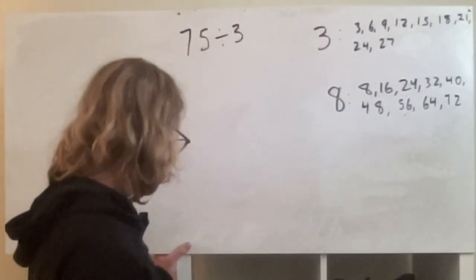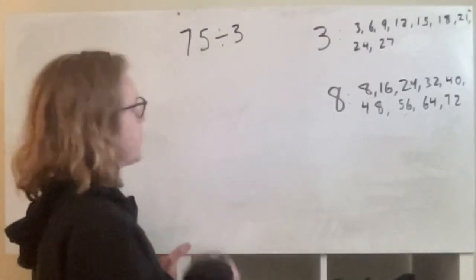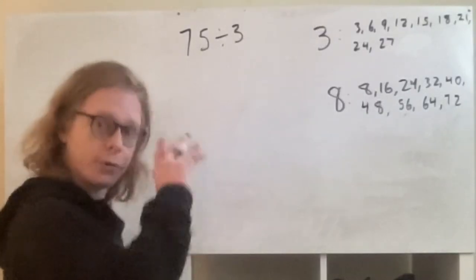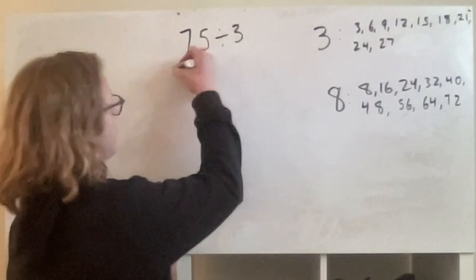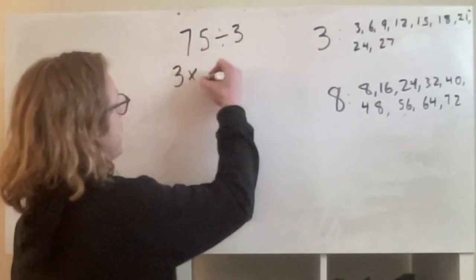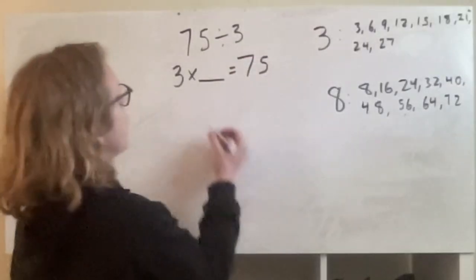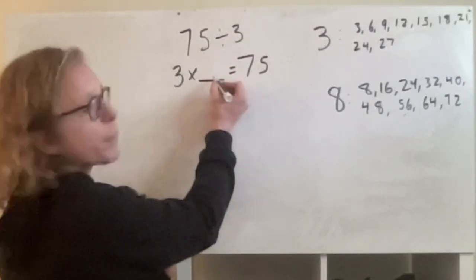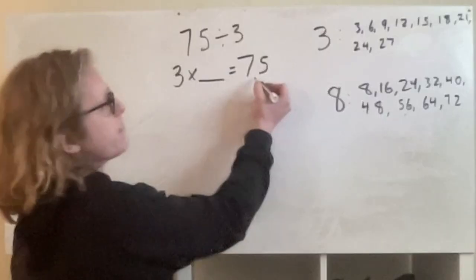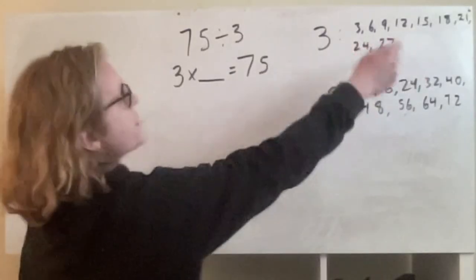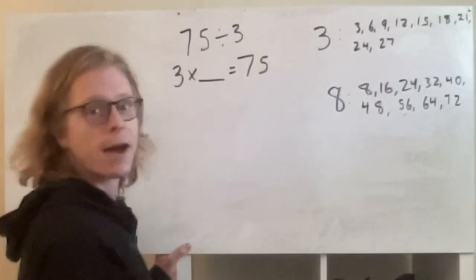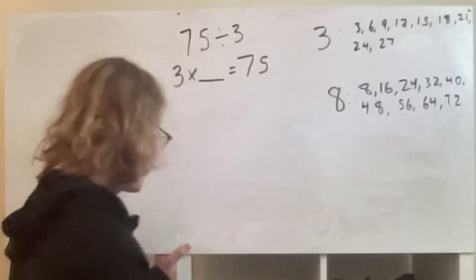Okay? Now, in the last video about division, I talked about how when we're doing division in our head, we can also think about it in terms of multiplication, right? In terms of multiplying up. So I'm thinking 3 times what number gets me to 75, or how many times would I have to count by 3 to get up to 75? Okay, so before we get into the